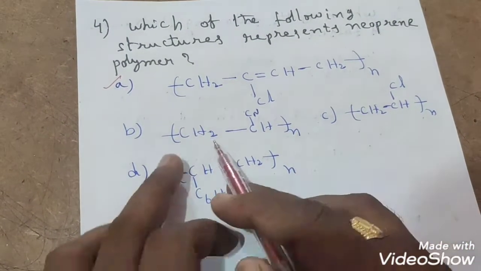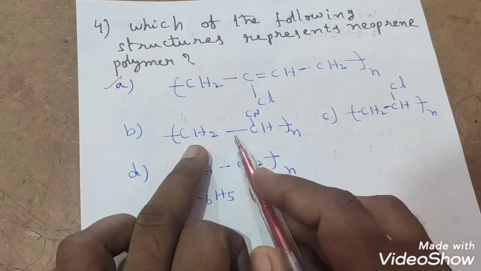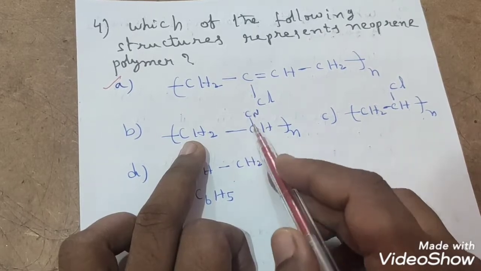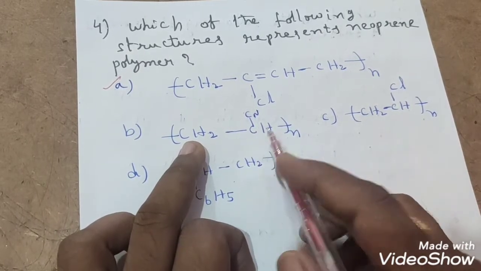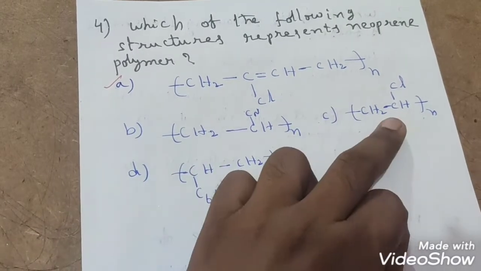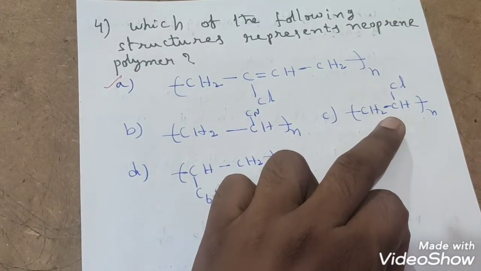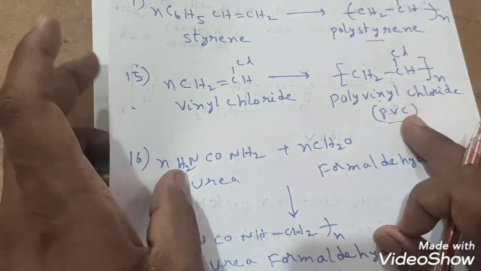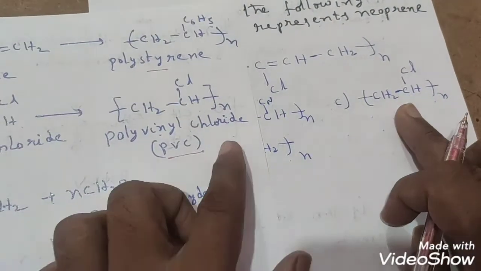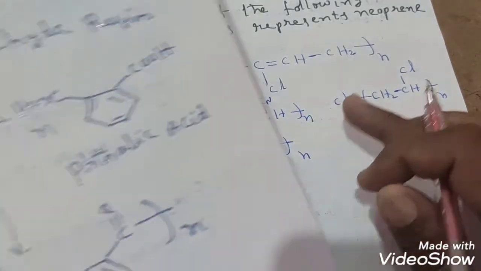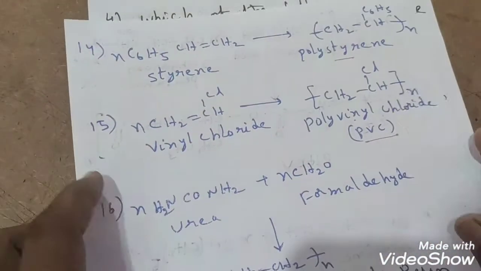Then what about the remaining structures? You may ask a question here. See, this is looking like what? Suppose if you erase this and put a double bond here, a vinyl group, then vinyl cyanide, acrylonitrile. So polyacrylonitrile structure is this one. Already we have discussed. Polyacrylonitrile, and this is polyvinyl chloride. All these structures, just now I have shown you. Once again, if you want, you can see that this is polyvinyl chloride, the same structure they have given. And this is polystyrene, students. Polystyrene structure also is here.